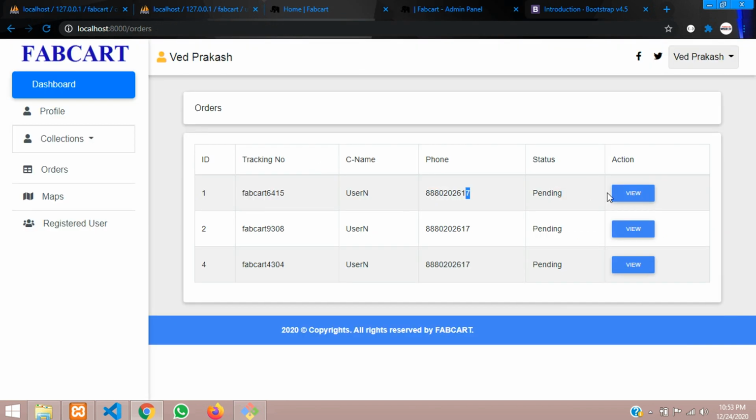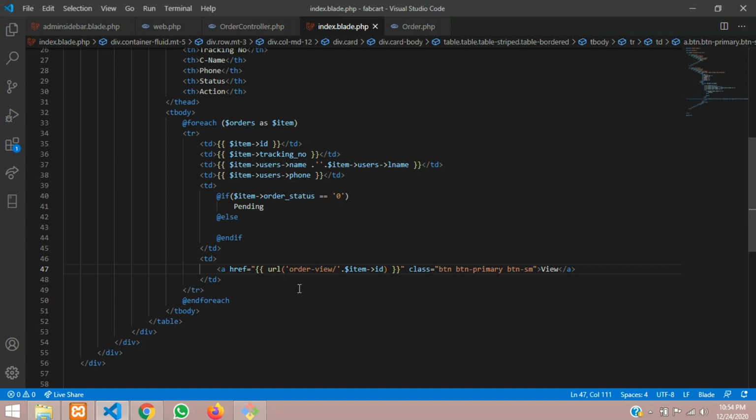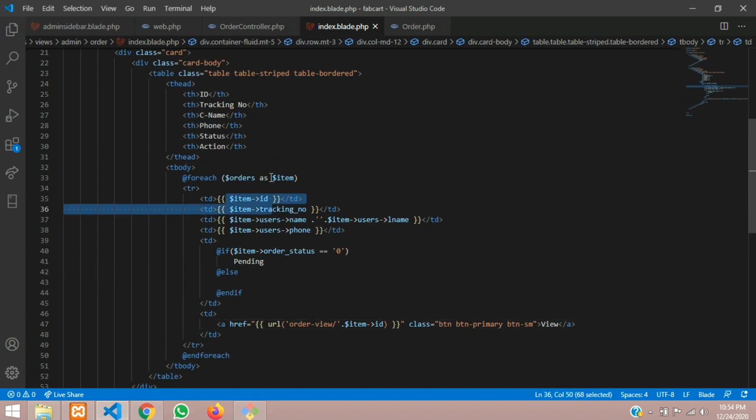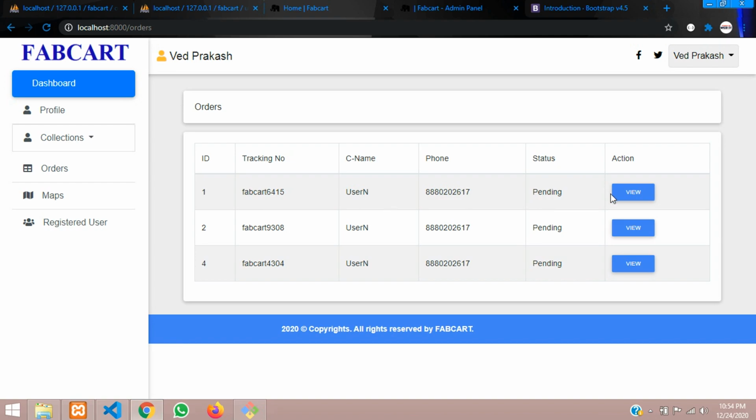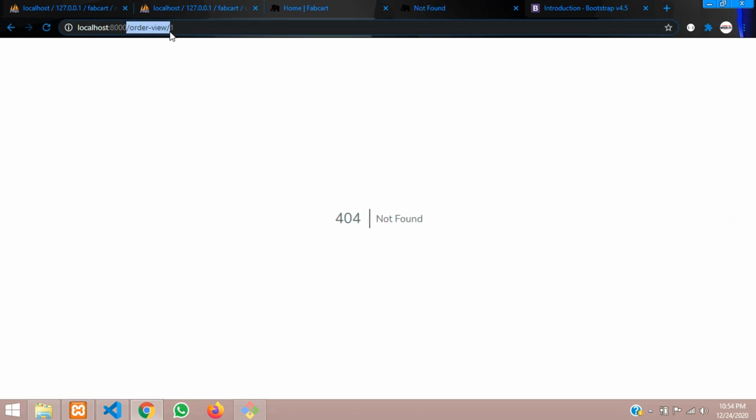So for that, let us start. When we click on view, this order view page should be created, and then view all the details for it. So let's get started. I'm going to click on this view button. Here you can see this is the order view I have given, and the order ID I have called. As you can see, that same ID is fetched for this table data. Let me click on this view, and you can see the URL has changed to order view. Let us copy this.